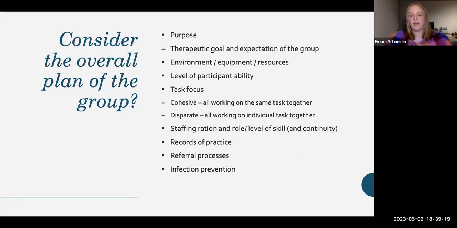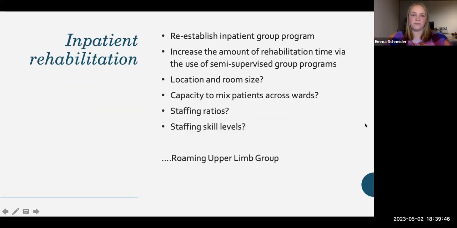For a long time, we weren't allowed to bring and mix people from different wards. I think we've only just been able to do that recently. So we actually had to do a lot more disparate groups where people were coming together to do a lot of different things, because we could only run one group with everyone on that ward, instead of running an arm and hand group for everyone who had arm and hand goals to come together. So that's how we can think about cohesive or disparate groups, and how they might have to be a bit flexible at the moment.